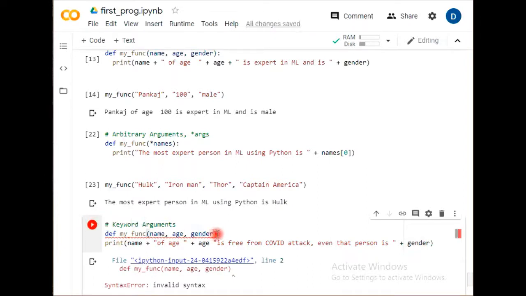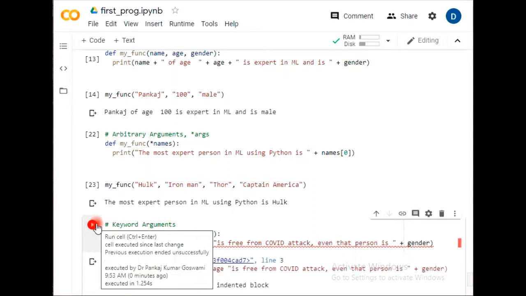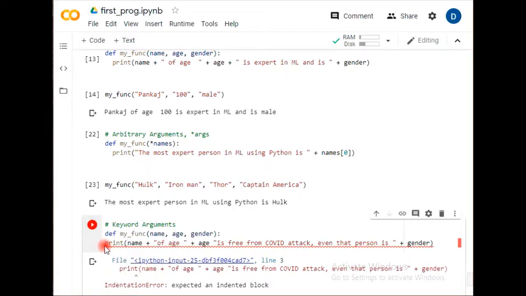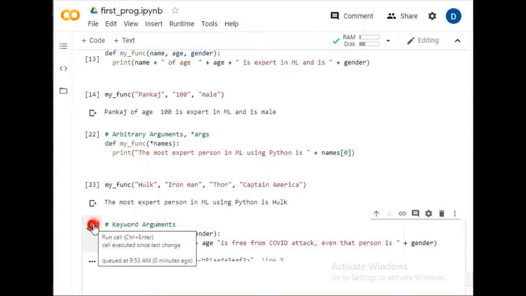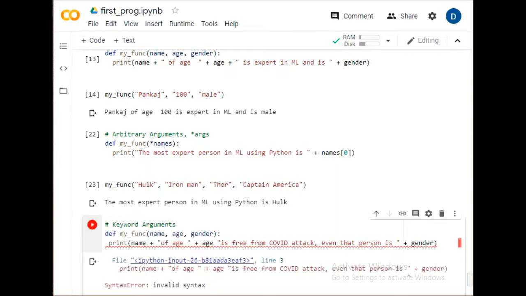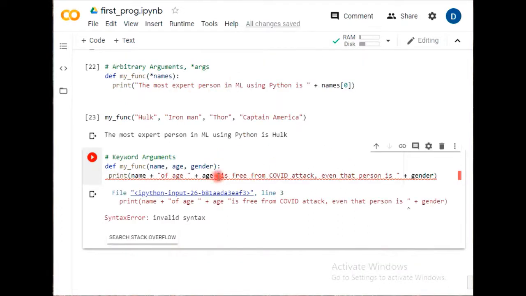Sorry, it's more important always to take care to use the colon. And it also requires one indent. We missed one more thing.